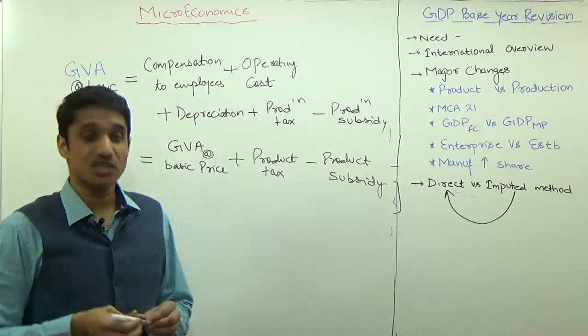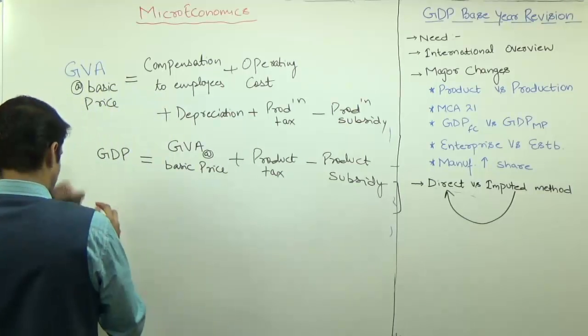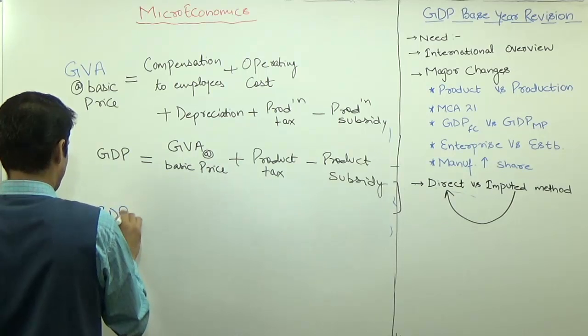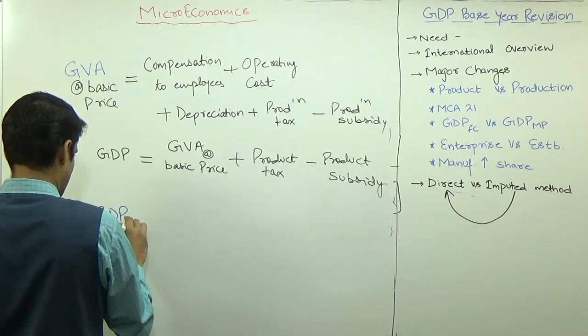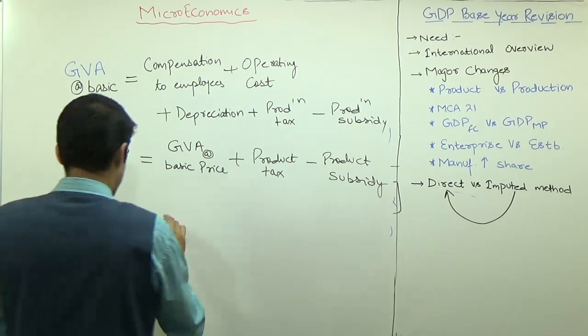And what was the relationship between factor cost and the market price? GDP market price equals to